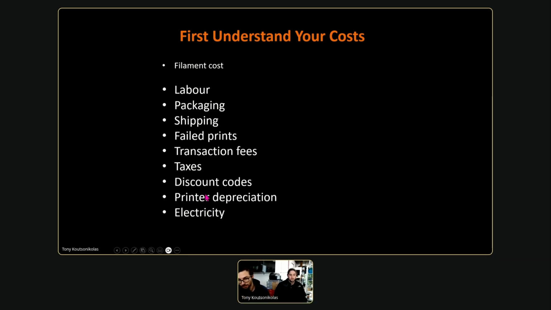Printer depreciation. So your printer's like a car, it's not going to last forever, right? You have to replace it one day. So if you buy a machine for $2,000 and you can get 10,000 hours out of it with maintenance, which you also have to pay on top of that, then every hour that you run it costs a certain amount because eventually you have to replace it. That's what printer depreciation is talking about. Electricity as well, which is usually quite low, but it should be there, especially if you're running a lot of